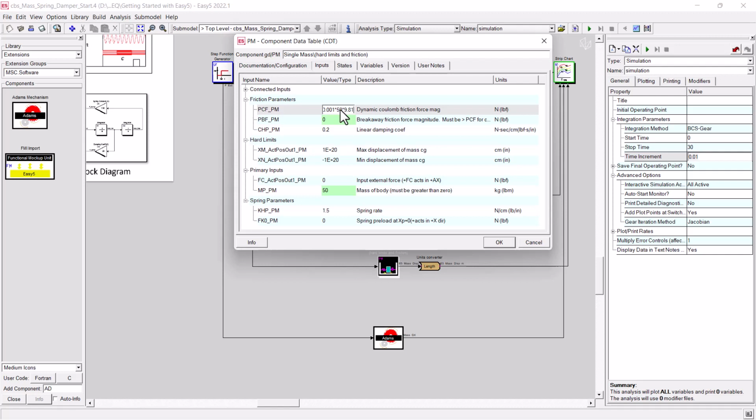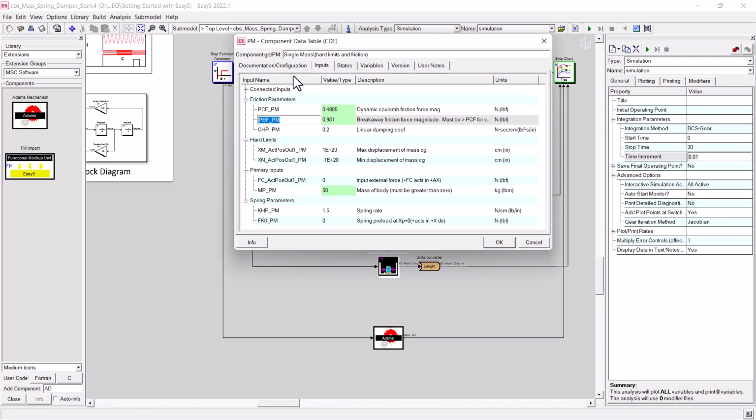So the normal force times the friction coefficient gives us a dynamic friction value of 0.4905 newtons, and the static friction is simply the static friction coefficient times the mass of the block times gravity, and we should get a value that's twice the size. Okay, so we now have the stiction force and the